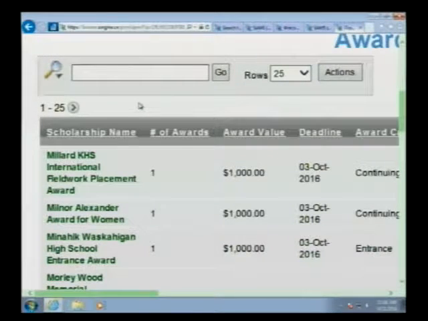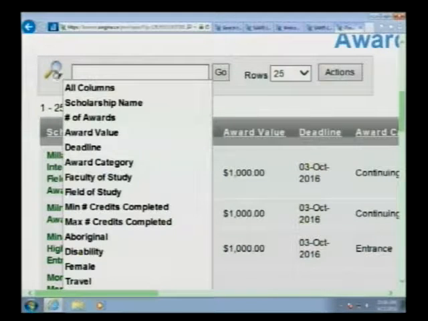One thing to note, the more lines that you want to see on a page, the slower SAMS is going to run when it's bringing you back to that page. So I do recommend that you keep it under 30, but you can change it to more if you want to see more at a time. So one of the best things you can do when you're looking at awards, right now there's almost 300 awards listed there for you to apply for. That's a lot of awards to go through. So I'm going to show you some ways to narrow that list down so that you know what meets your requirements. So if you click on this magnifying glass here, just making sure, yeah, you can see that okay,